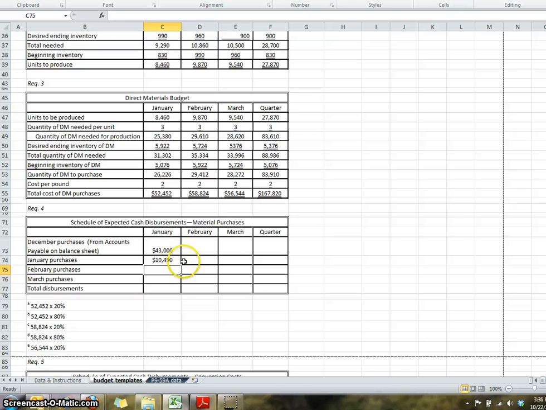Now in February, we're going to pay 80% of what we bought in January. So this equals 80% times January's purchases. February's purchases, we're going to pay 20% of February's purchases. Actually, that should be blank. This is the field I want to go to. So this equals 20% times February's purchases, and this equals 80%